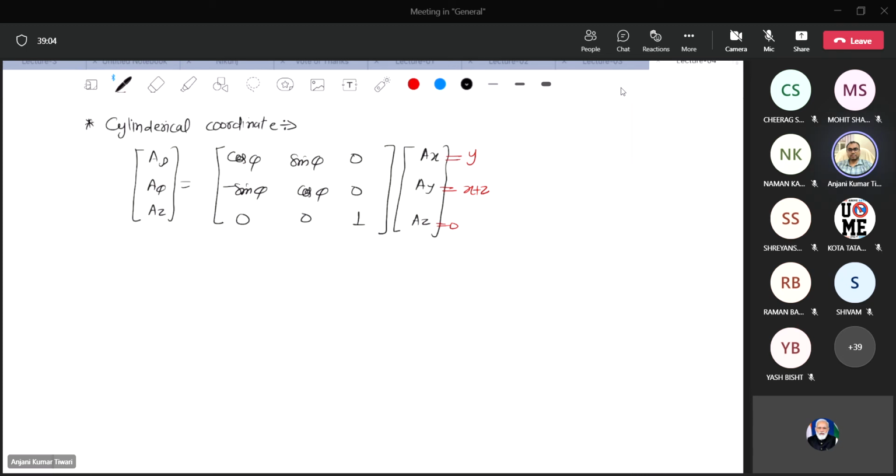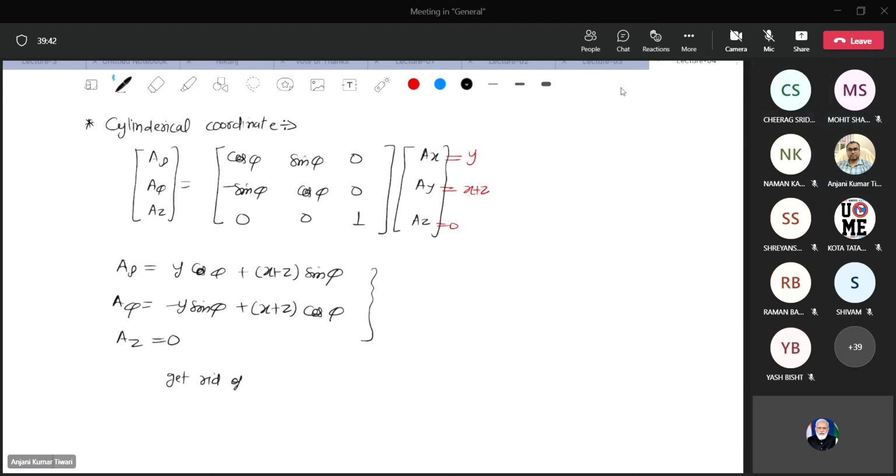Okay, so let us find out the components. A rho will be y cos phi plus (x plus z) sin phi, A phi is minus y sin phi plus (x plus z) cos phi, and Az is equal to 0. Again, remember that z is okay because z is there in the cylindrical coordinate, but x and y should not be here. So again we have to get rid of x and y